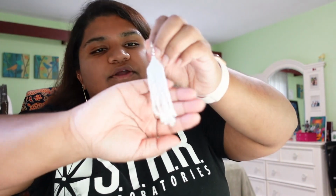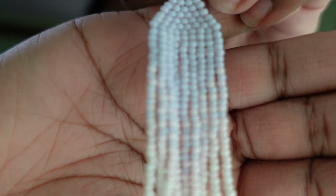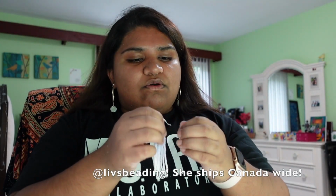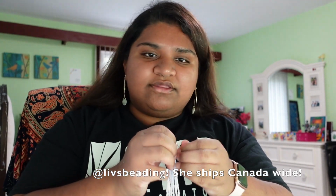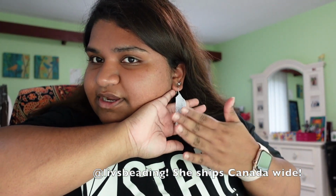Oh, so gorgeous. They're such a pretty color. It's like a purpley and pink kind of detailing. They're so gorgeous. Oh, I will put her information on the page. Oh yes, so pretty. So I'm gonna keep this aside, and then I'm going to open up my next little